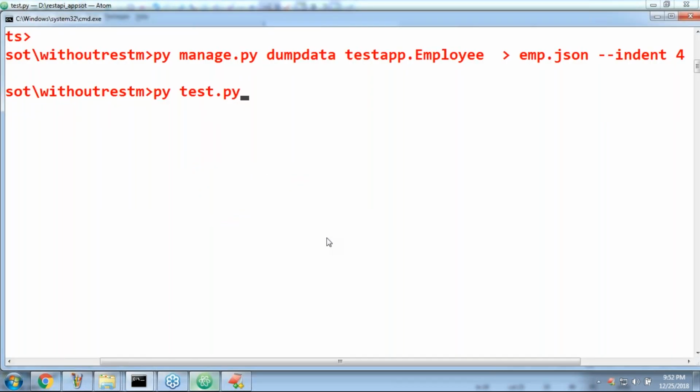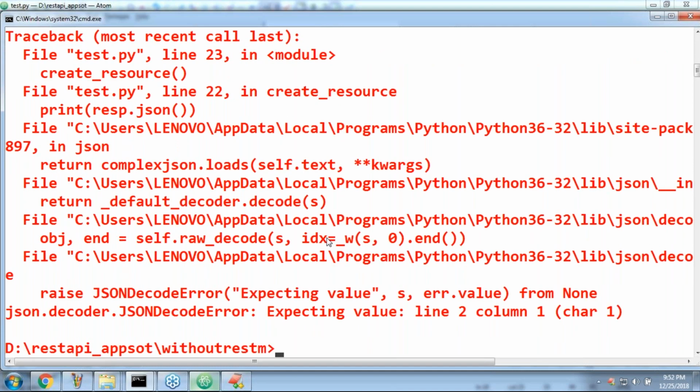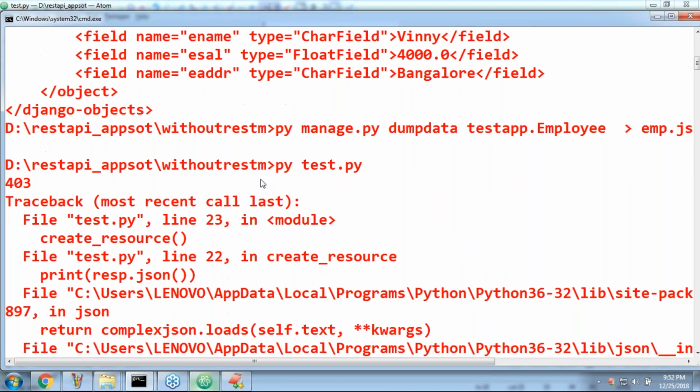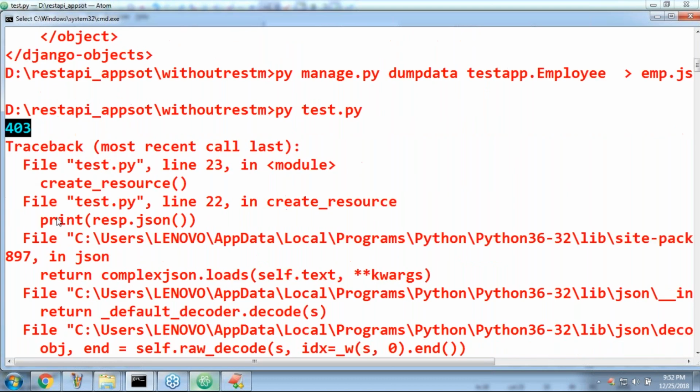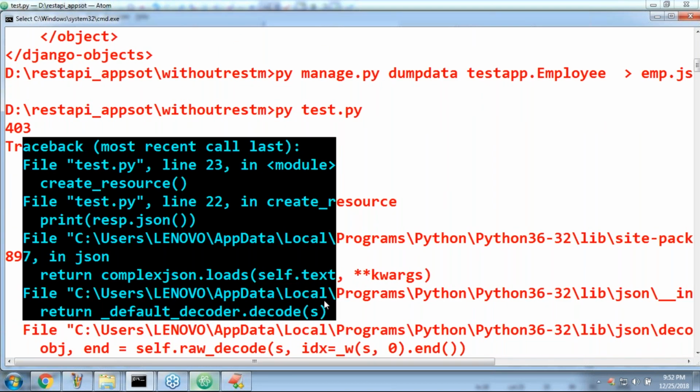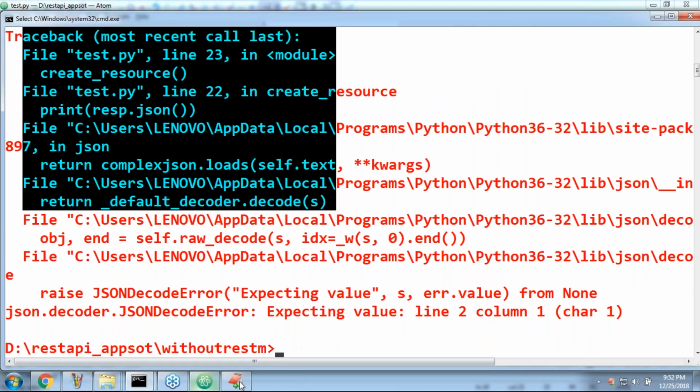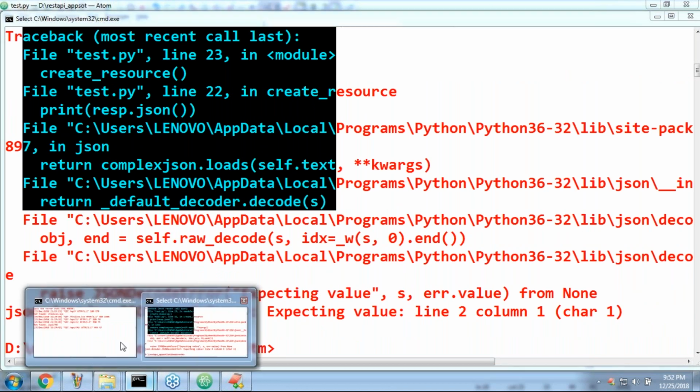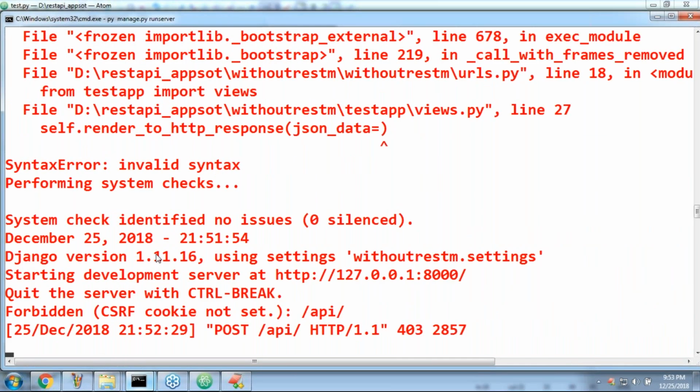Now have a look once, sir. If I run py tester.py, we are getting some problem. Which status code are we getting? Can you please read this line? It is very important. We are getting the 403 status code. But this is the partner application, right? We may not see much information, just forbidden. Let me cross check in the server console to see if I get any information or not.